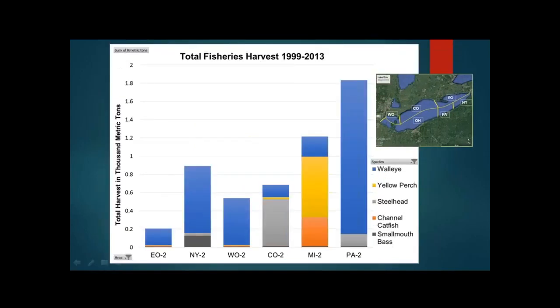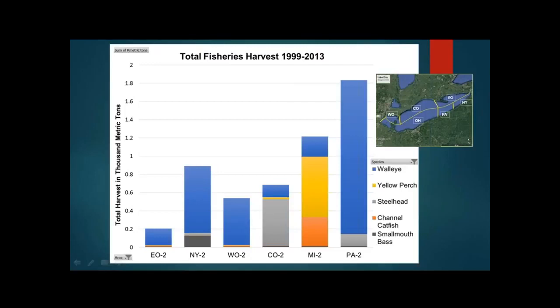If you just look at the recreational alone and take away Ohio, just so that we can see the other states, this is the same in X and Y axis as the other graph. Here the number 2 means that this is recreational. We see that walleye is the most harvested species recreationally, which makes sense again because if it's not being harvested commercially, all of that total allowable catch is going for recreational, and people are looking for it to harvest it. The next species is yellow perch and then steelhead.